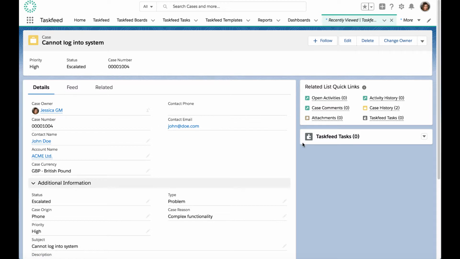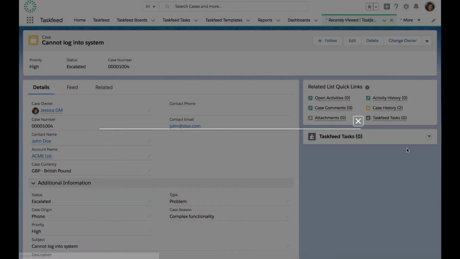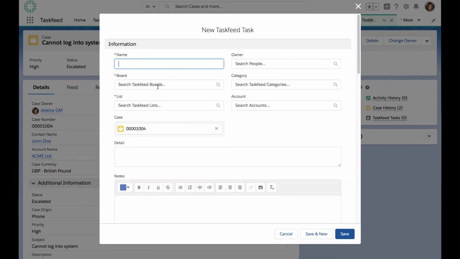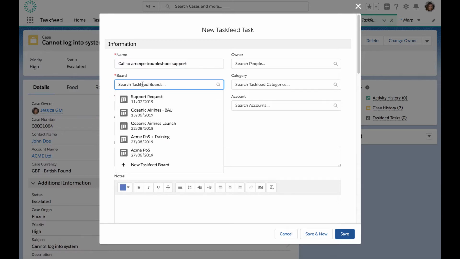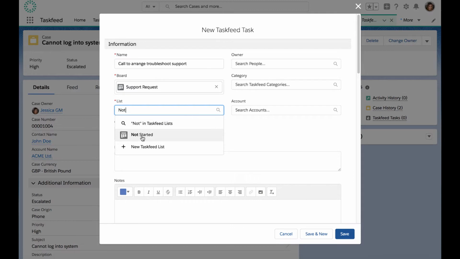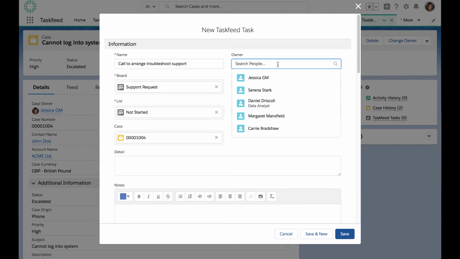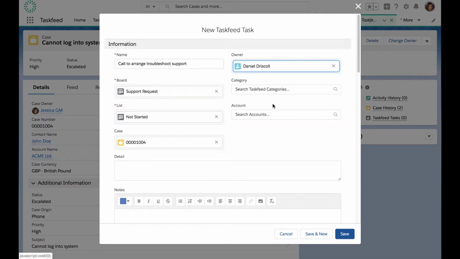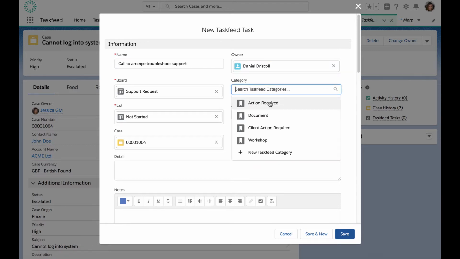So let's go ahead and just like in the step before, I'm going to create a new task for this case. This time, I'm going to select a board that I have to monitor support requests, and I'm going to put this in the not started list. And I'm going to assign Daniel as the owner, put a little category, the same as I do,